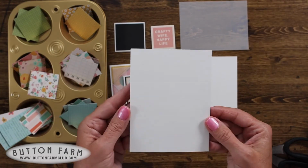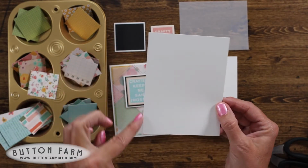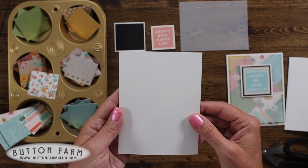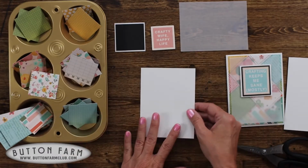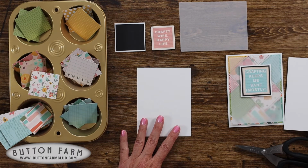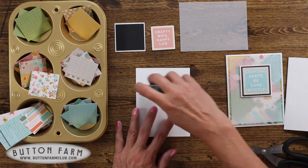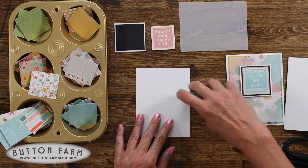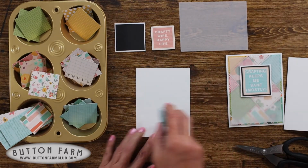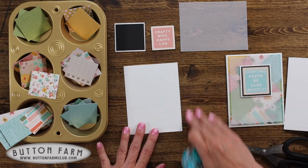So first you're going to take one of your card bases, and it is going to be 4 by 5 1/4. That's your card base. Okay, so this is what you're going to glue all of your 2x2 squares to. So with that being said, we're going to put that on the ground, and we are going to fill it up with adhesive. Okay, we're going to cover it in adhesive, because what we're going to do is fill it with 2x2 squares